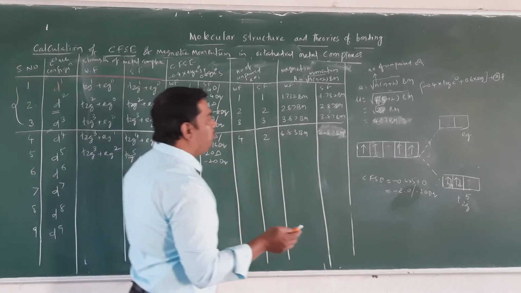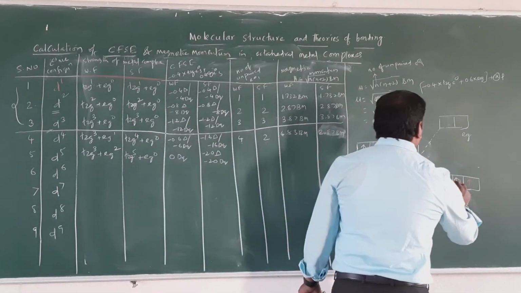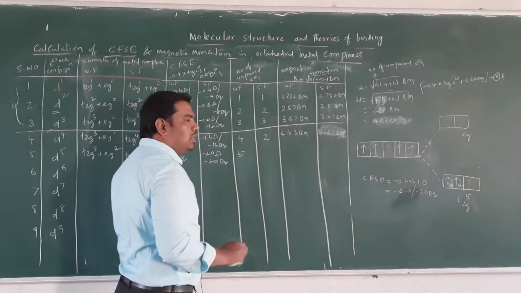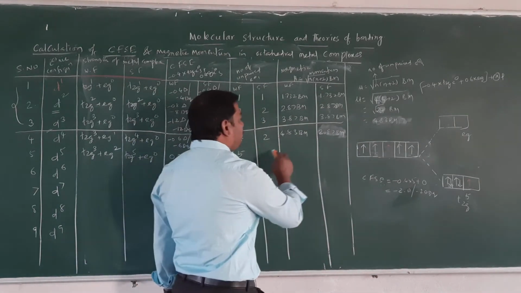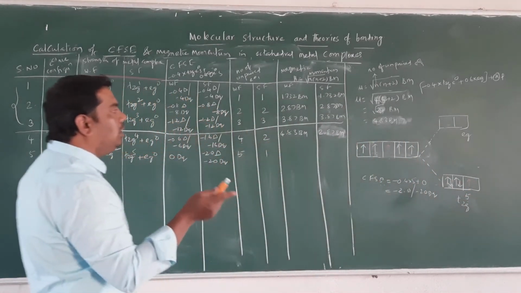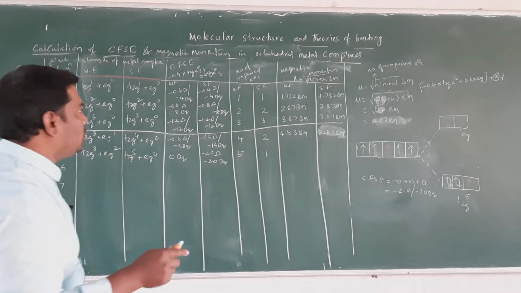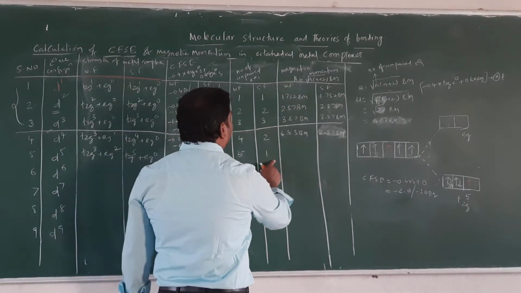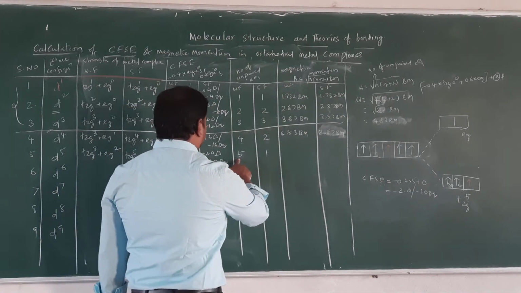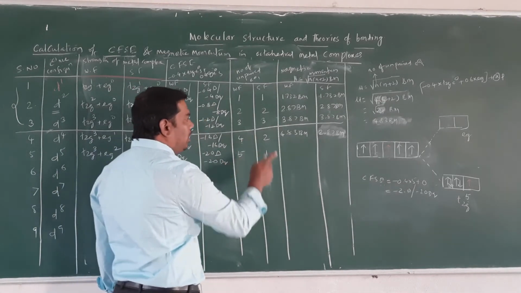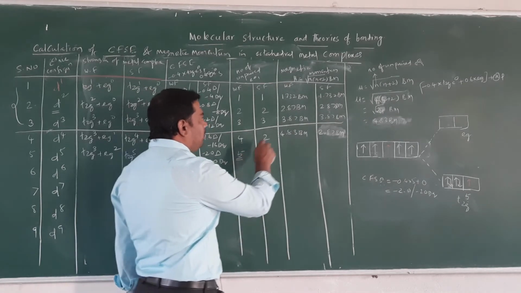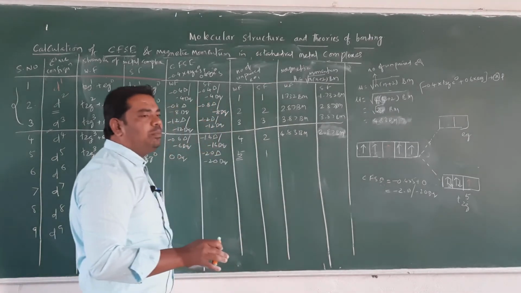Okay, right. The number of unpaired electrons in weak field complex is 5, but the number of unpaired electrons in strong field is only 1. So that's why the VBT theory fails to explain the number of unpaired electrons and magnetic moment. So for d5 configuration according to the VBT theory, the number of unpaired electrons is 5. So therefore the magnetic moment value is near to 5.87.